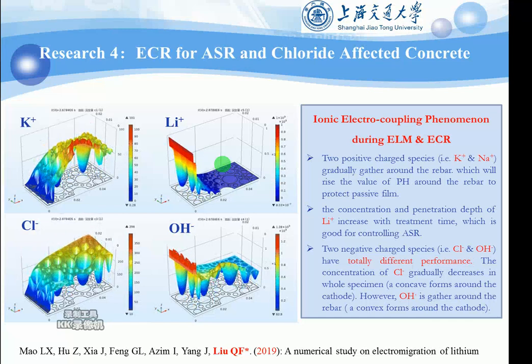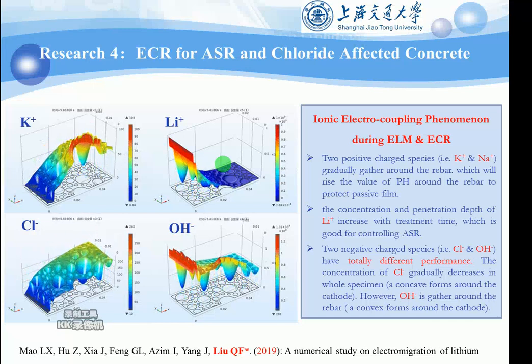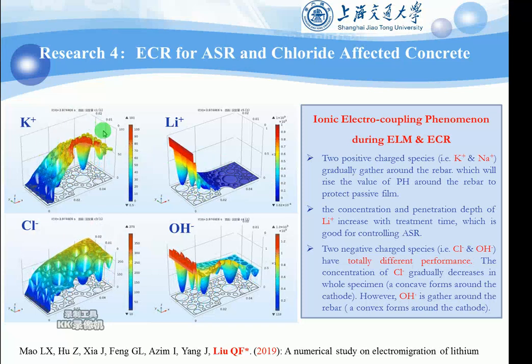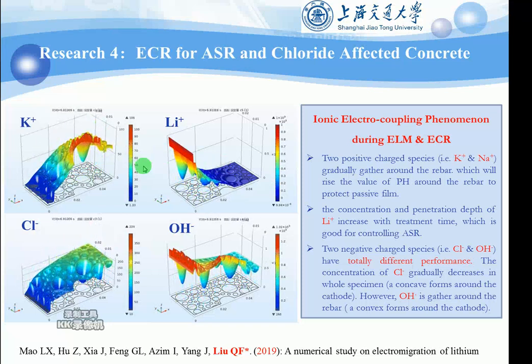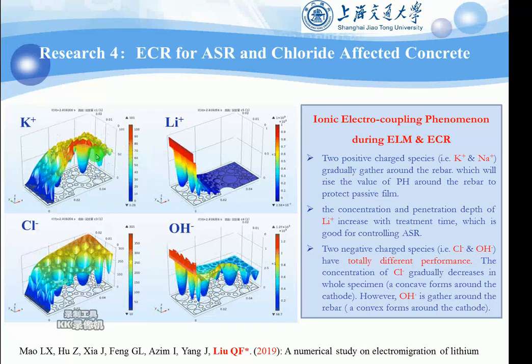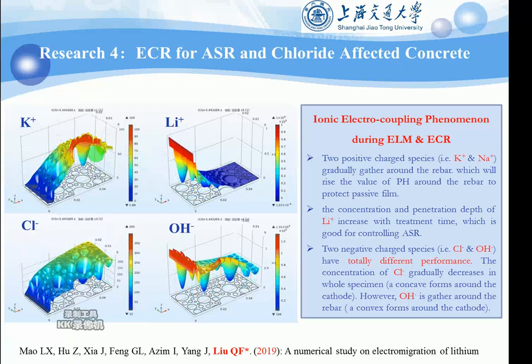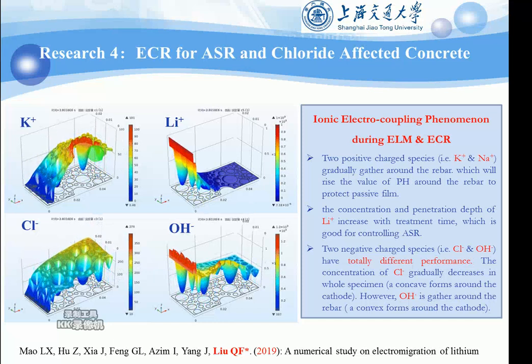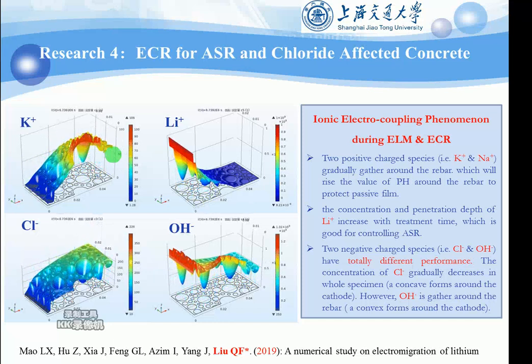This figure shows that each kind of ion has its unique performance. For example, the potassium and sodium ions gradually gather around the rebar, which will raise the pH value around the rebar to protect